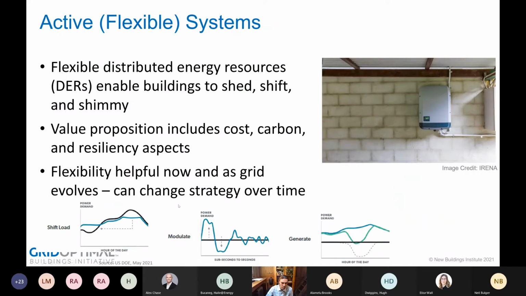And then you've got active or flexible systems where things like batteries, thermal energy storage, managed EV charging can deliver flexibility, and not just those DERs, but also building controls on the mechanical system. So HVAC controls, for instance, can deliver more flexibility, which can then be scheduled, or